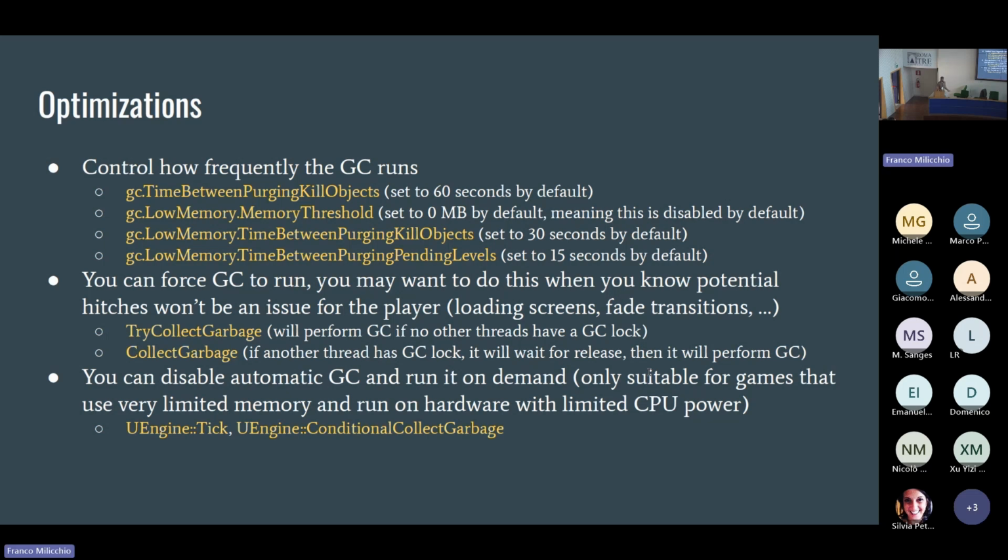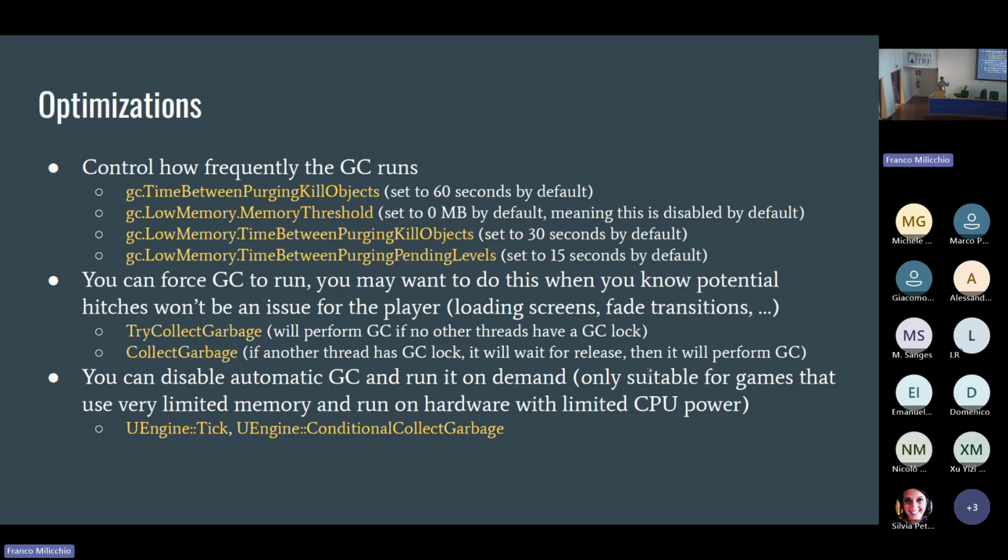You can also force the GC to run. You don't have to wait for the GC to happen. If you know you are in a spot where a frame hitch or frame spike is acceptable for the player, such as a loading screen or a fade transition, a lot of games do that.